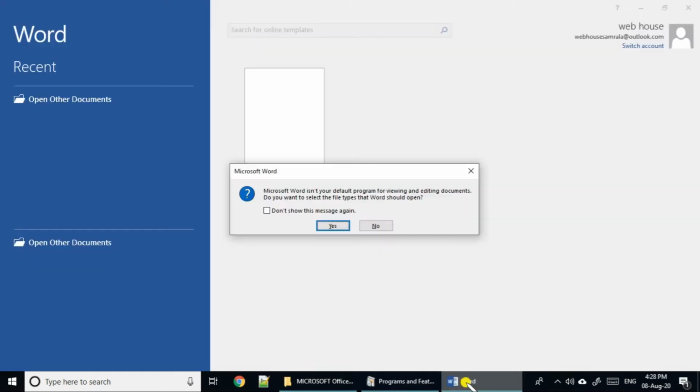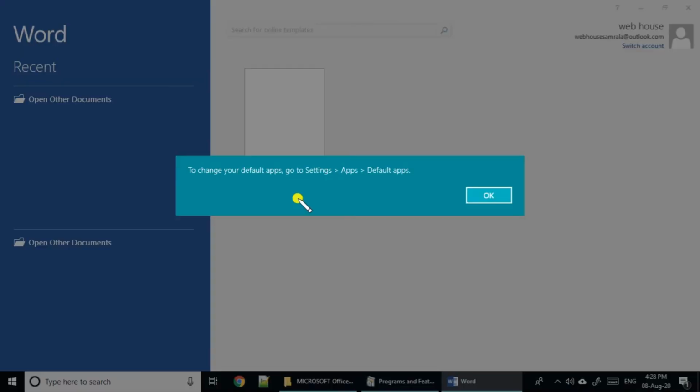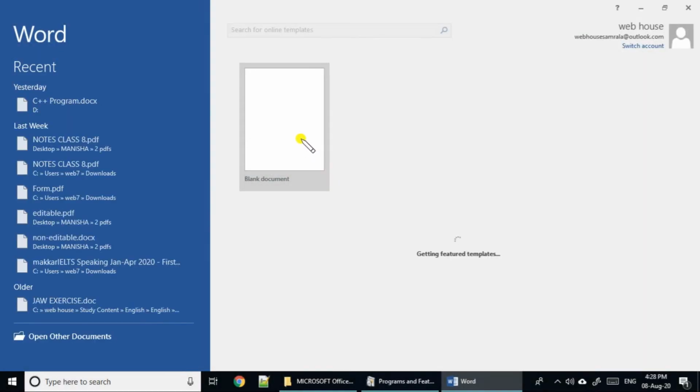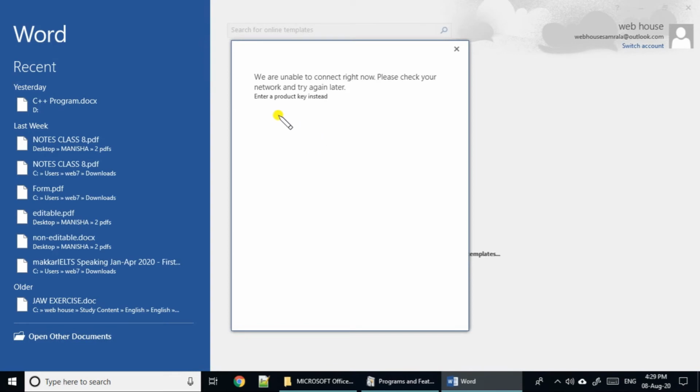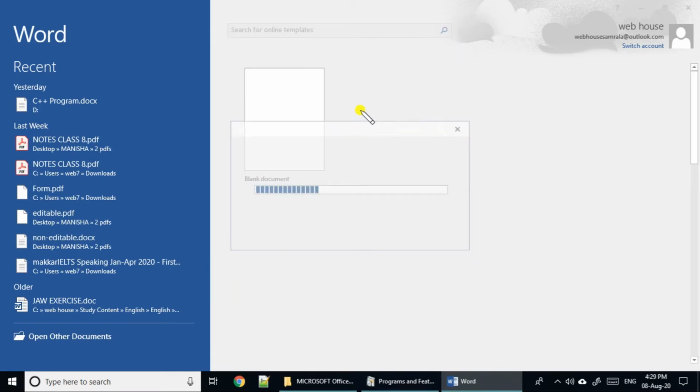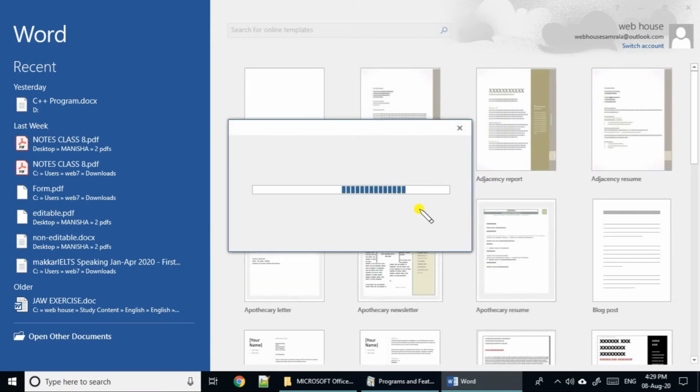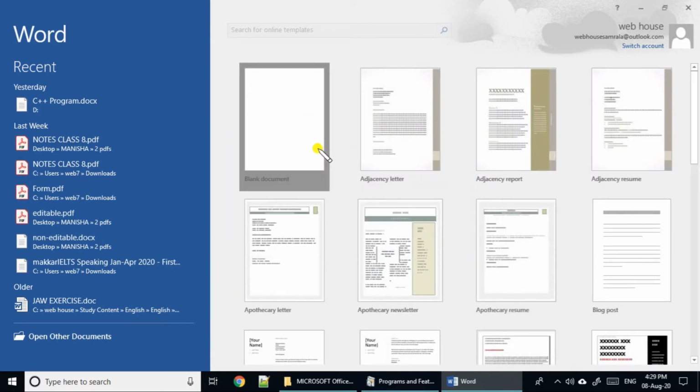So yes, MS Word, then click on yes, okay, blank document. As you can see guys, it asks to enter a product key. So you need a product key. We don't have a product key, and we don't need to connect to the internet. We need to activate this software.